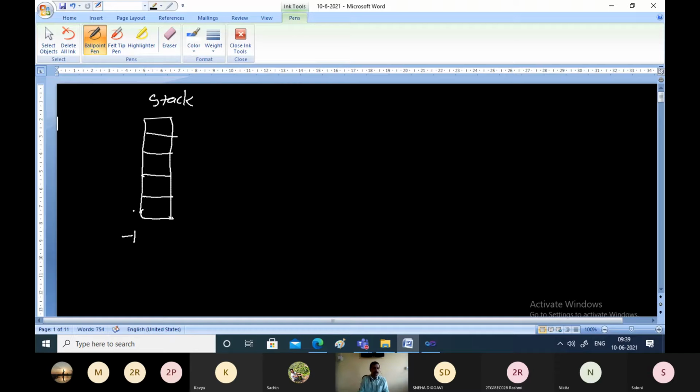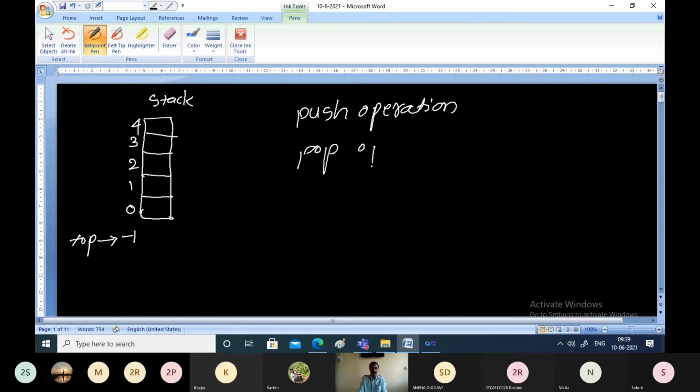Array indexing starts from 0, so 0, 1, 2, 3, and 4. When there are no elements on the stack, top will be pointing to -1. Top is the variable or pointer always used to point to the topmost element in the stack. We studied two different operations, the push operation and the pop operation.